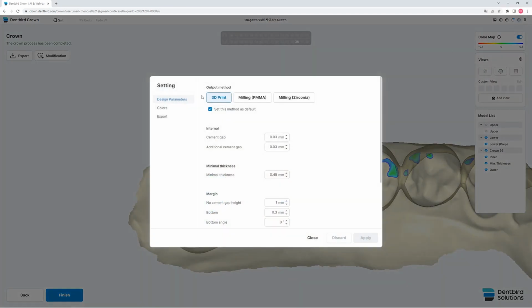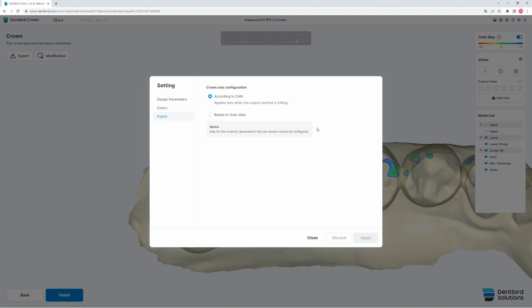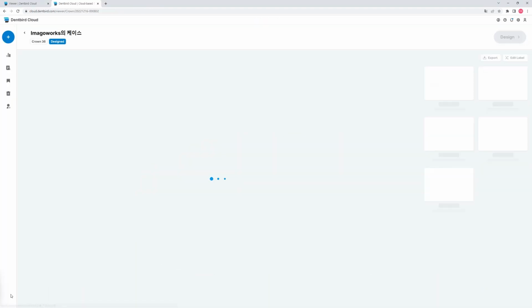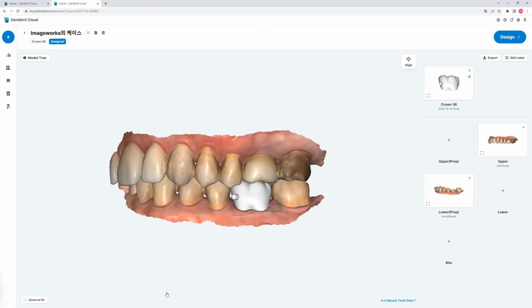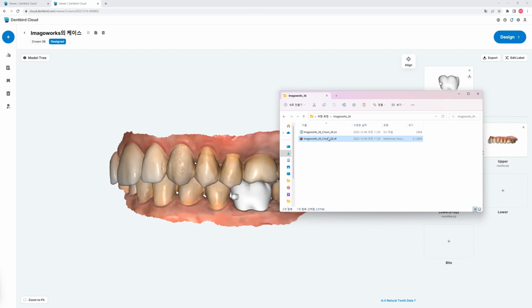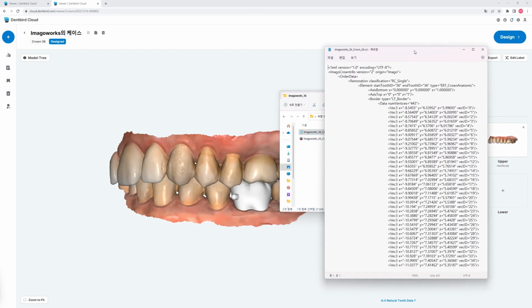Before you export, you can also go to settings and select the cam option if you are using a milling machine. If you turn on the cam option, the file is optimized for milling software, and an SCI file including the tooth number and margin line is also formed for export.